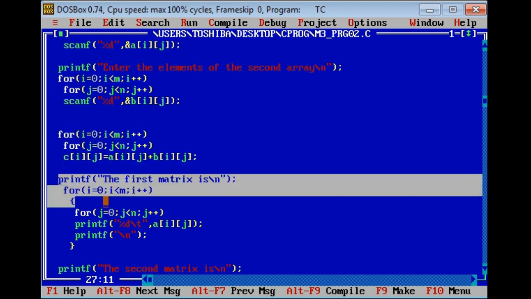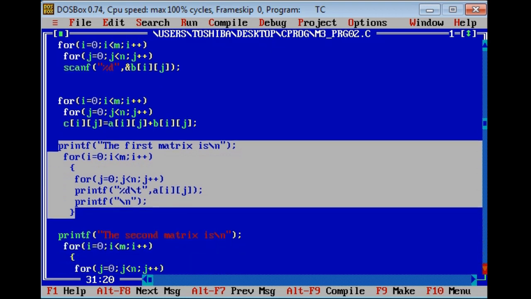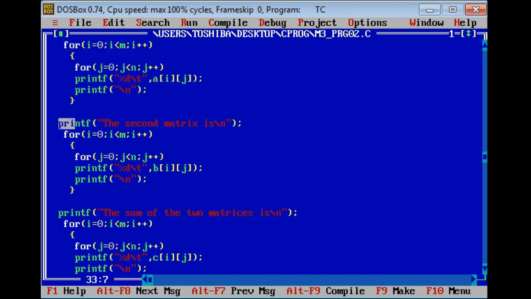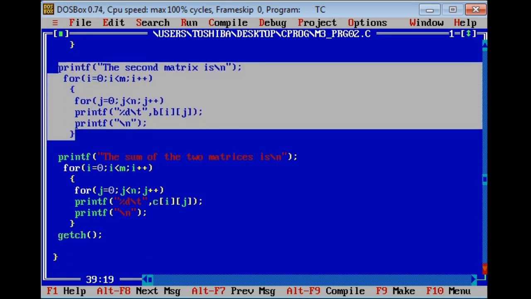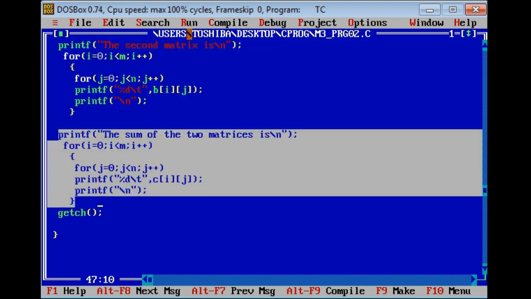At last, the matrix A is printed as the first matrix. The matrix B is printed with the message that it is the second matrix, and the matrix C is printed as the sum of the two matrices. So when you run the program,